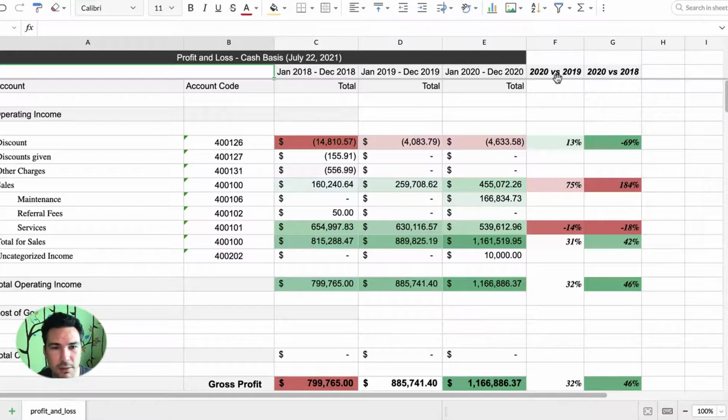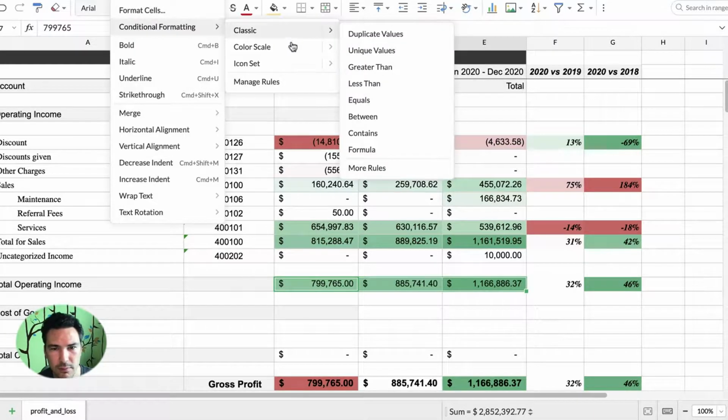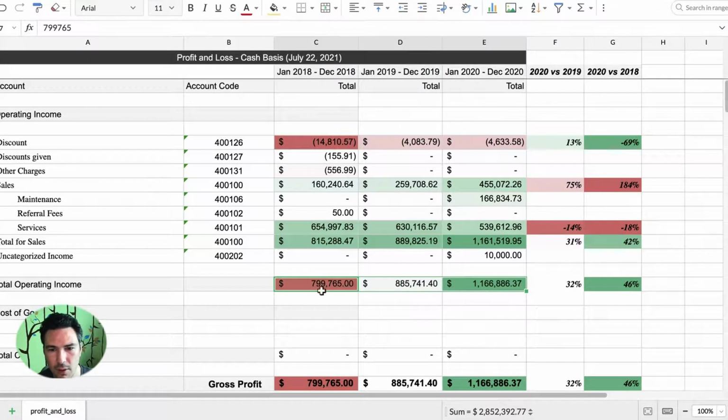And just to show you profit and loss, which might be simpler for you to understand, notice some of the negative income, contra income account would be formatted in such a way as an inverse to sales. We want sales, green is good, discounts, red is bad. And then same thing here, we want to compare across the years,